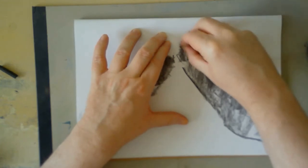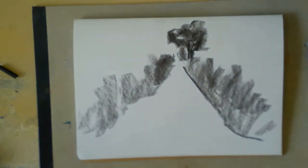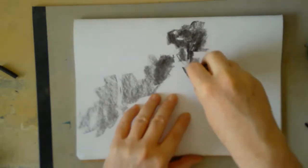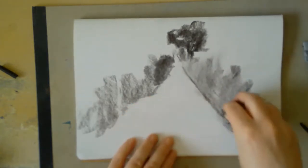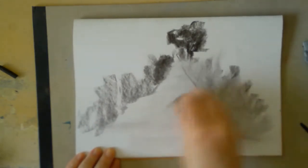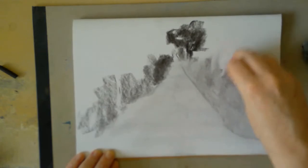But as I say, I use a little piece of tissue paper. Because the paper that I'm using is just normal sketchbook paper, it's pretty easy to smudge the charcoal. It's pretty easy to move it around. And you can see I'm using the tissue paper here just to smudge it. And then you can build up layers on top of each other, which is useful,